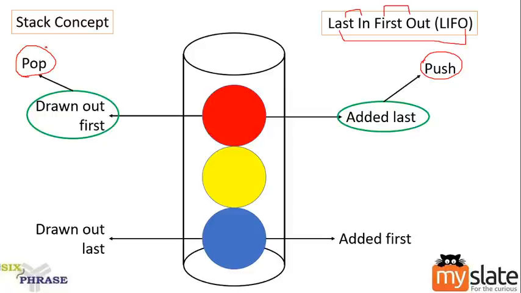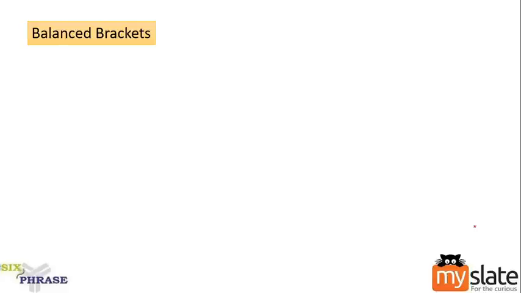Okay, and which element can be accessed throughout the problem? This element, the top of stack element, is the only one to be accessed throughout the problem. Clear? Only the top of stack element can be accessed, nothing else could be accessed. Okay, so how are we going to implement this concept in our problem? Let me show you with an example. Before I start working on the problem, you should know how this stack is going to help us in this scenario. Brackets should be balanced.